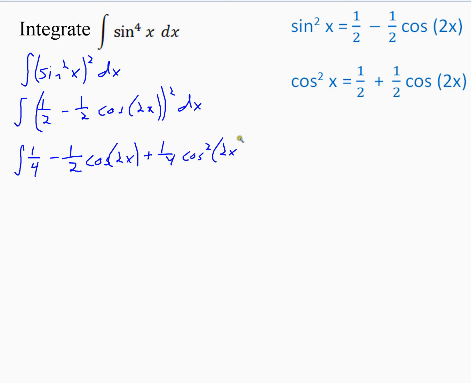And just like we had to do last time, we had another squared here, so we're going to substitute again. This time I'm not going to factor any of these constants out. So we got a 1/2 cosine of 2x. We'll be able to integrate that. And then here we got a plus 1/4,